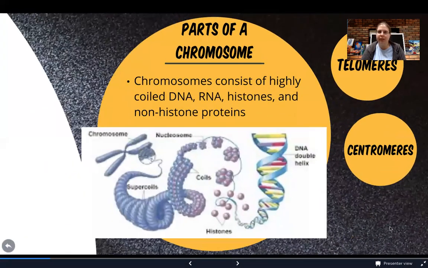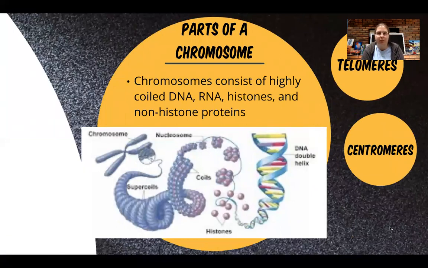Let's talk a little bit about the parts of a chromosome. So, chromosomes consist of highly coiled DNA, RNA, histones, and non-histone proteins. We've talked about a lot of these things in the past. So here's your DNA, wonderful double helix. So we have our nucleotides, our sugars, our phosphates, our bases, and then they wrap around histone proteins. That helps them to